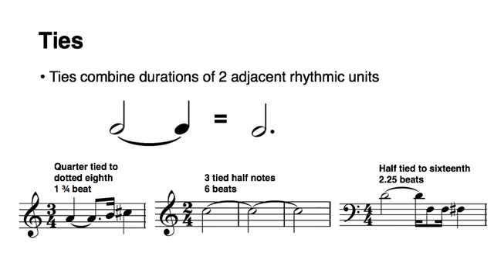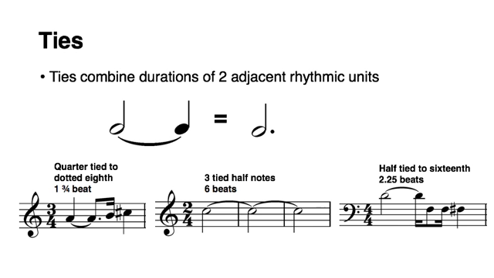Ties. Ties combine the durations of two adjacent rhythmic units. Upon seeing them, the performer or the singer will attack the first note, right? We'll start singing or playing on that first note and then hold it for the duration of both rhythmic units. So a simple way to understand how a tie works is by expressing what a dotted rhythm would be like